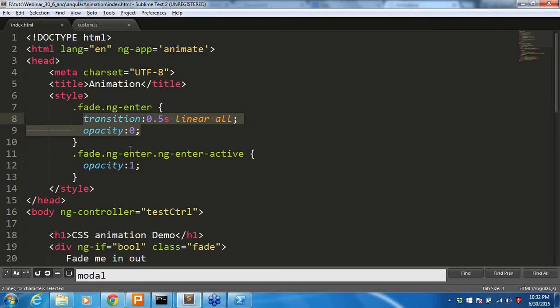Then after the enter, it will append one more class, that is ng-enter-active. Once this class has been added, the opacity becomes 1. So slowly this opacity will increase from 0 to 1 because of the CSS3 transition. This is how we will be adding animations in the application.